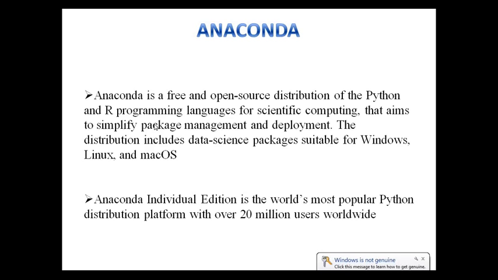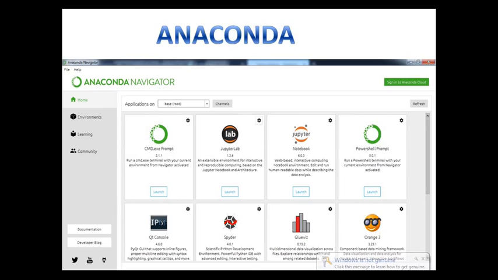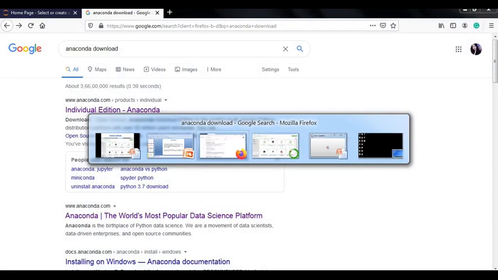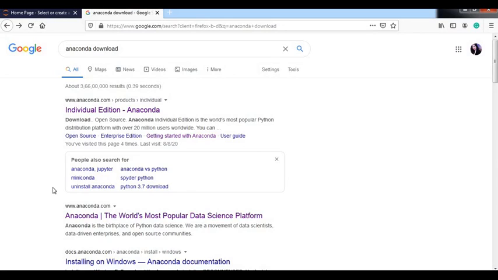Let me show you how to download it from the website. Just simply type Anaconda download on Google. The first link which you are seeing here, just click on that.